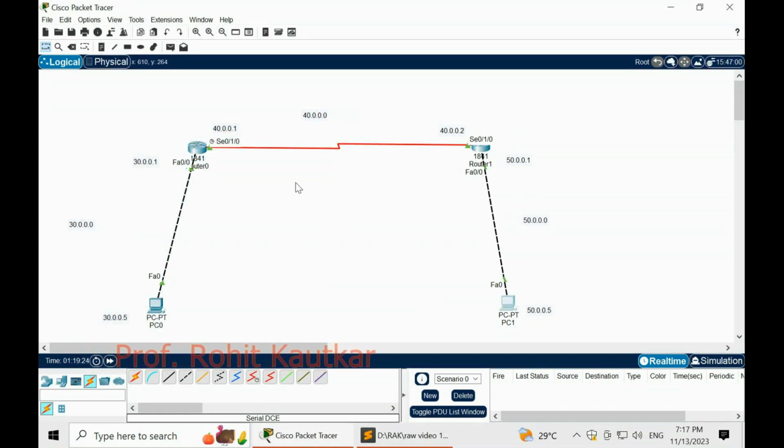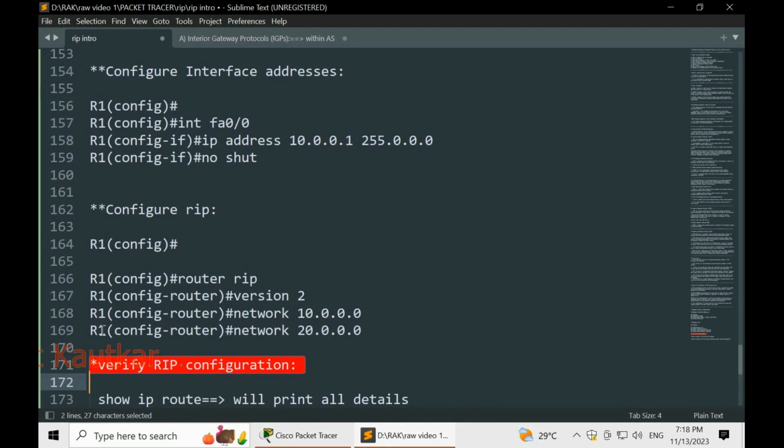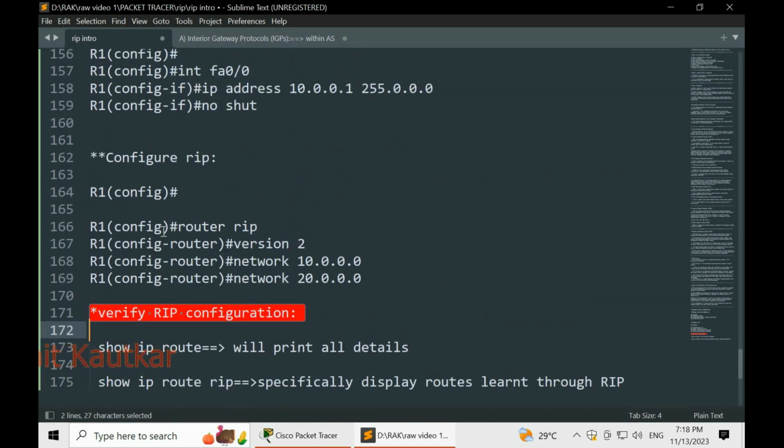So it's time to use the RIP protocol on both of these routers. For that purpose we are going to use the router RIP command and version 2, and the network command we are going to use for providing the address of our network, so it will learn.